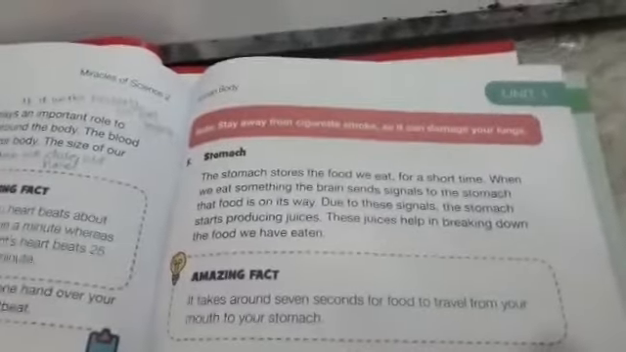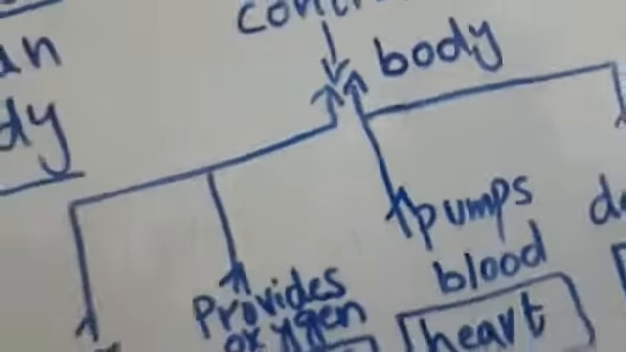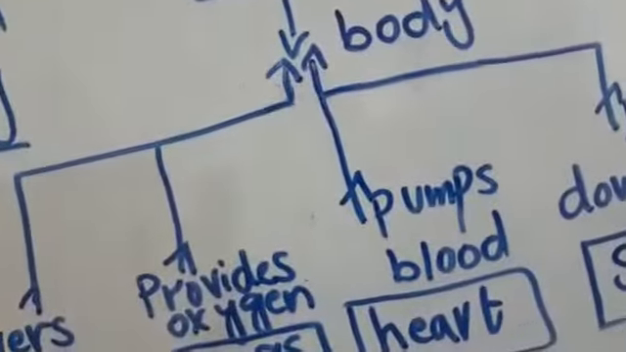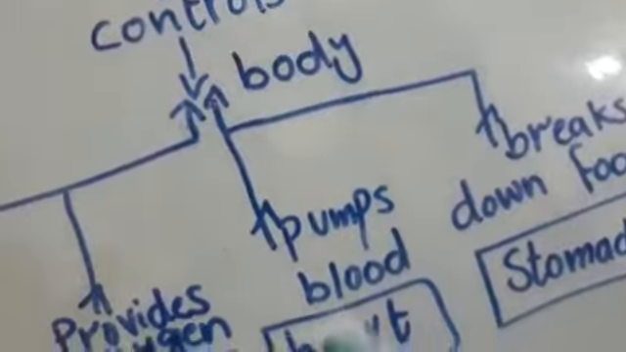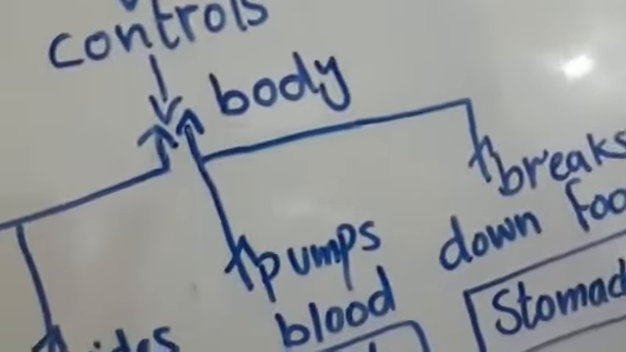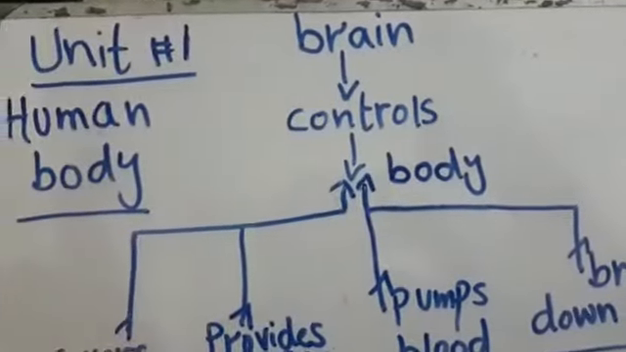Okay, unit 1, human body. We have completed the topics: skin, brain, heart, lungs, stomach. Every topic is now completed. Okay, now I am giving you some important brief description about the full chapter. We have learned 5 topics: brain, skin, lungs, heart, and stomach. You can see on the board: